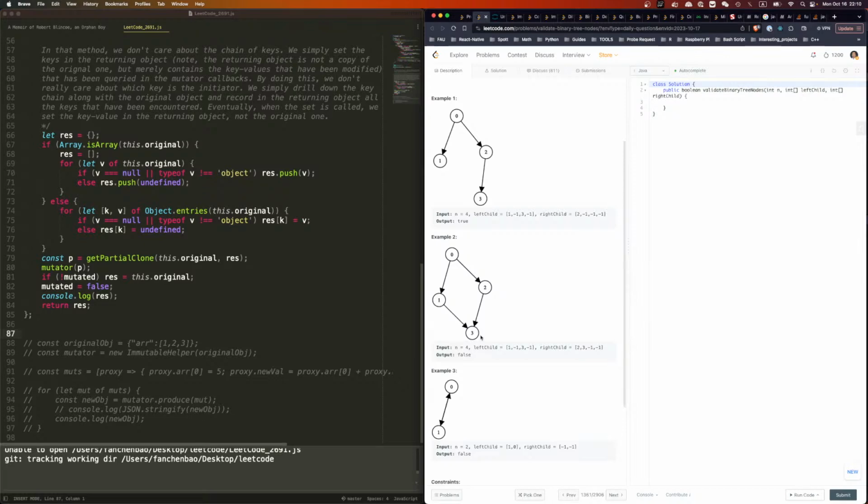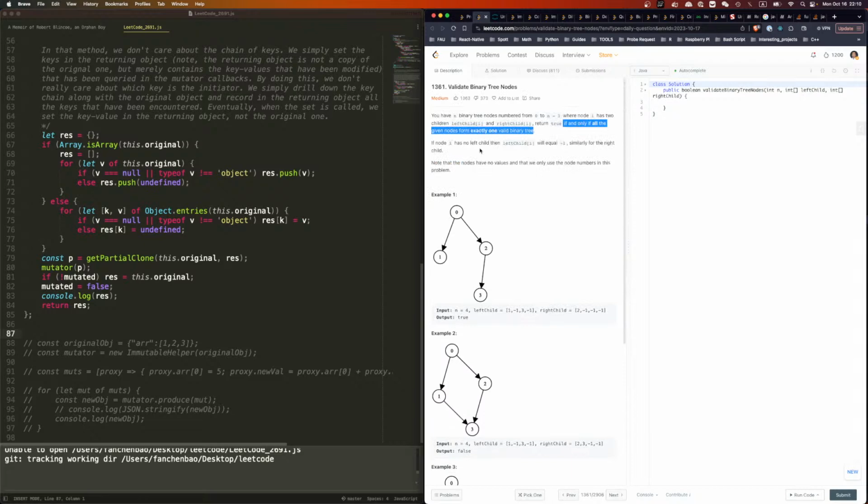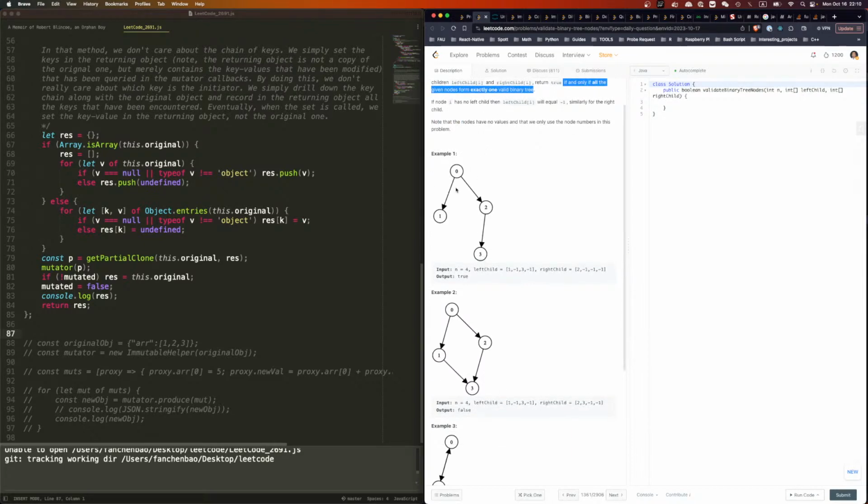I mean, we can say this: we kind of have two checks, right? If it can form a tree, then it is a binary tree, right? It is a binary tree because each node has at most two children. So if you can form a proper tree, which means it doesn't have a back edge,